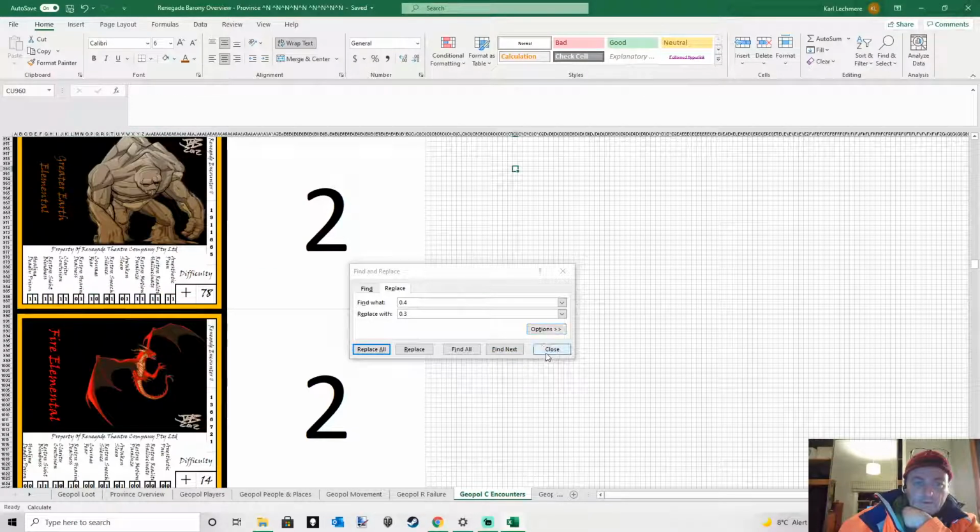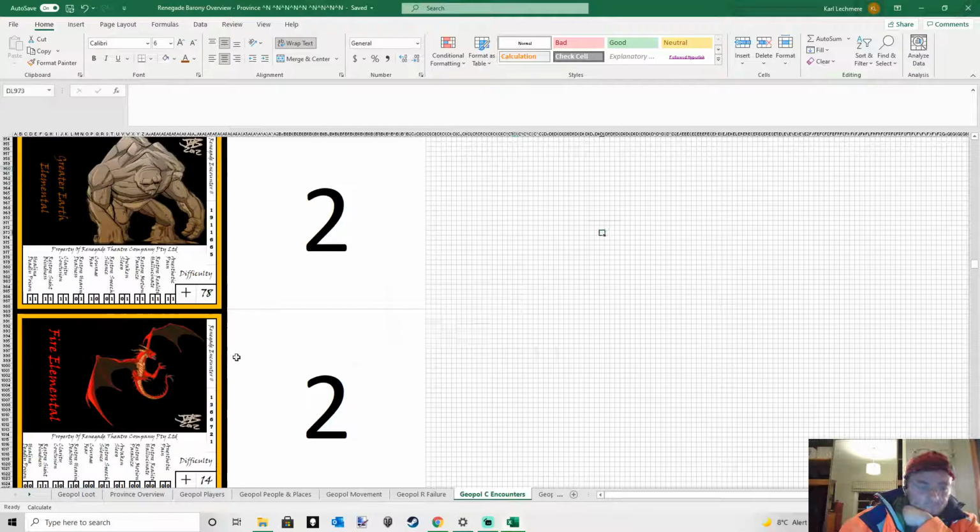Twenty replacements. Right. Still a lot of variables, but that's okay.